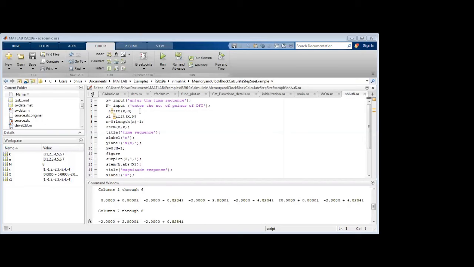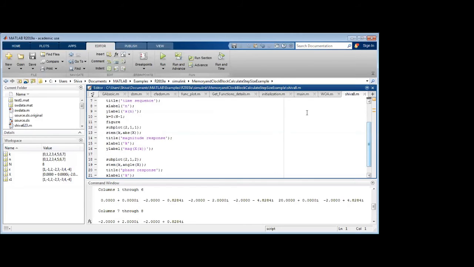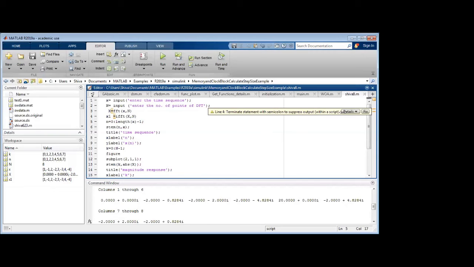In this question I'm trying to do both things. I'm trying to find out the DFT, and I'm also trying to find out the IDFT. Whatever IDFT answer we have got, I consider that answer and once again find the DFT of it, that is, I'm trying to verify the answers also.